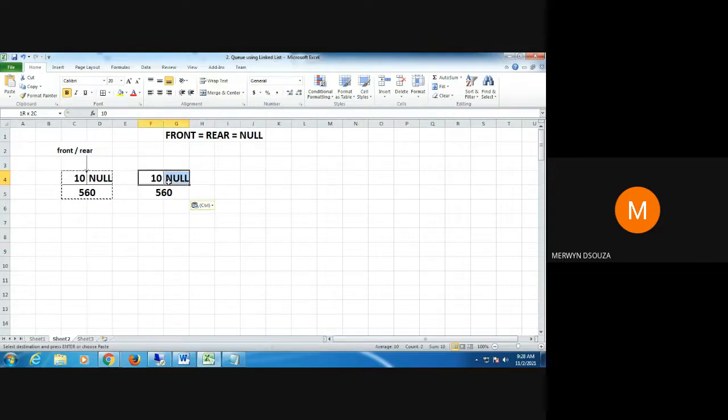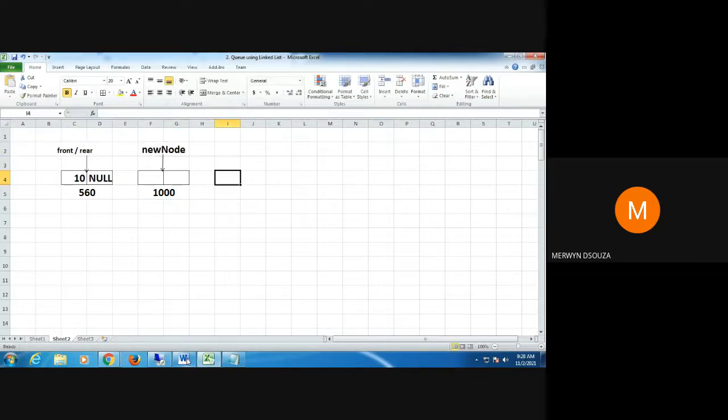Okay, so the new node is created at some address, say 1000. Now front and rear are no longer null. This node is pointed to by the new node variable.